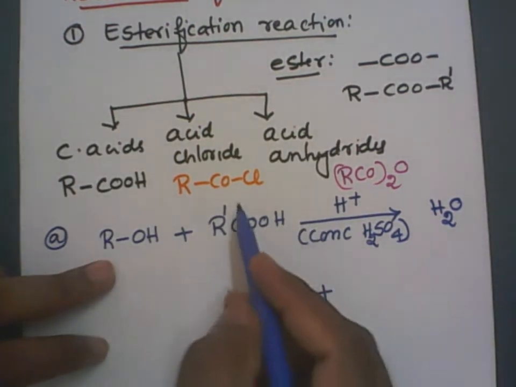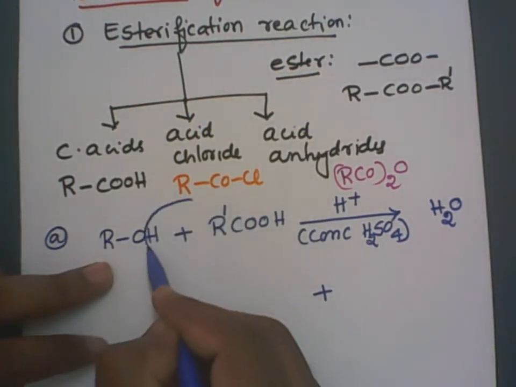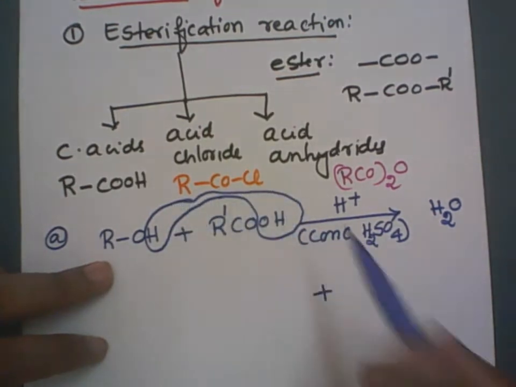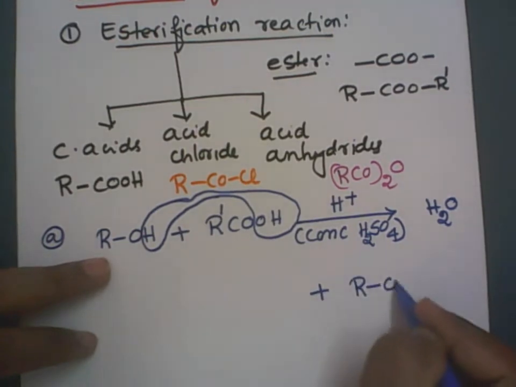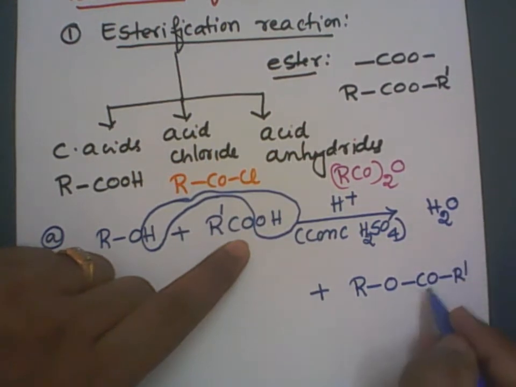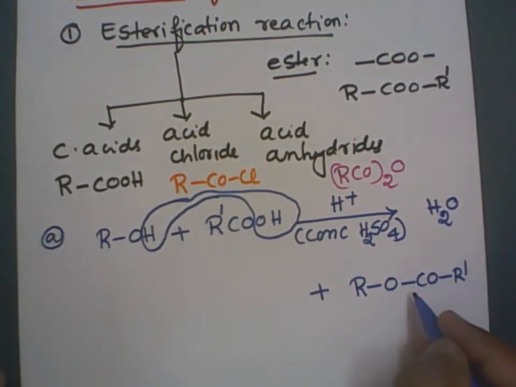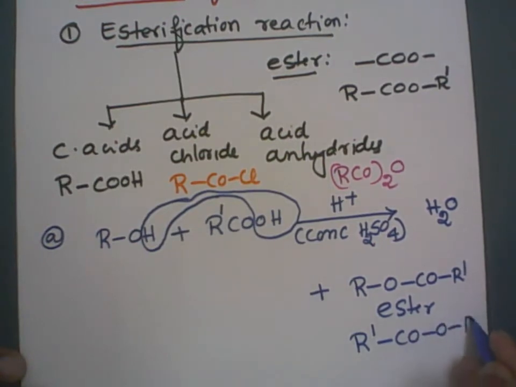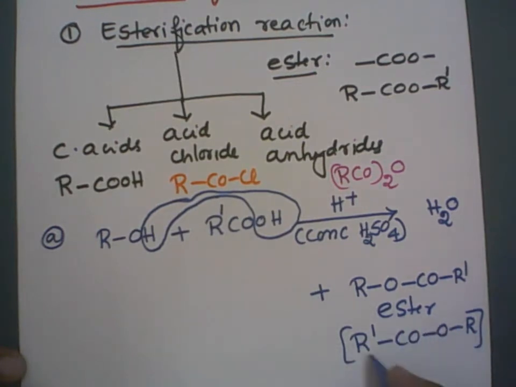Remove first water molecule, remove hydrogen from the alcohol and OH from the carboxylic acid. So we are left with the RO. Then attach the CO group. Then R dash. So we have got a COO group, ester group, correct? This is known as the ester. Or I can write the reverse order R dash COOR. This is the correct way of writing the esters, because we need to write the RCO group first. That is the RCOOR.